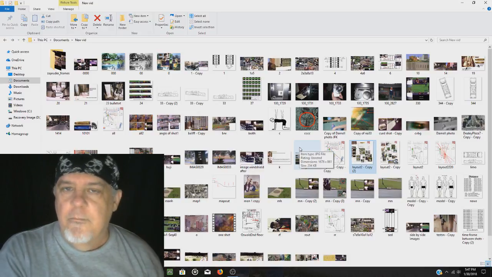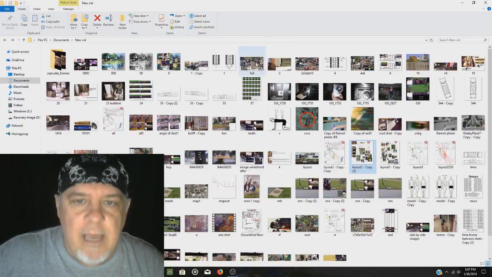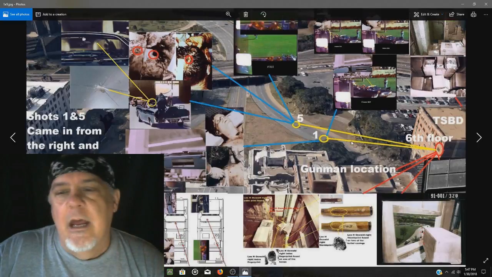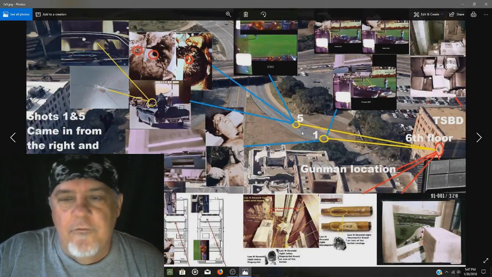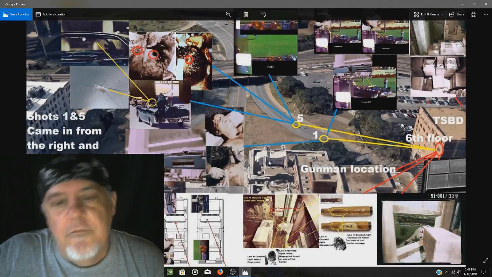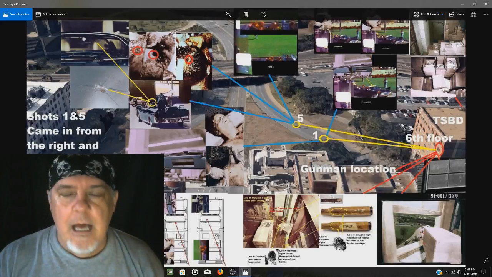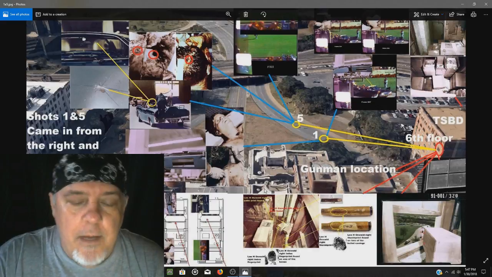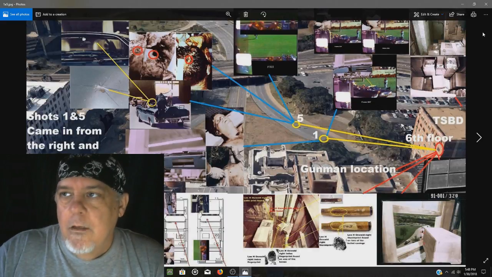Like I said in part one, a lot of things that I look for help me out when I analyze films and images and everything else. Just like after I get done finding these, and I know the angles of the shots, where the shots line back up, just like shots number 1 and 5 came in from the right, exiting out to the left. And then when you start piecing all this information together, we're getting a better view of it. We're going to understand a lot more about what actually took place that day, because when we place all this evidence back in place and understand a lot more,